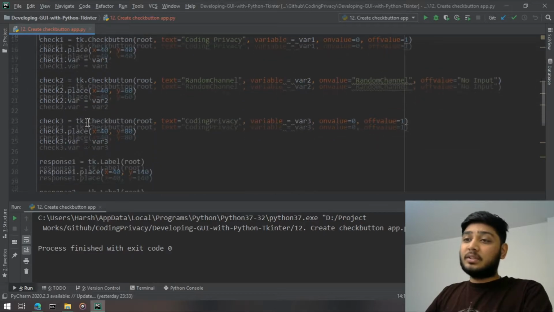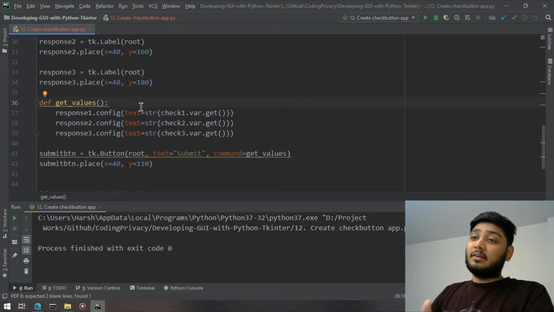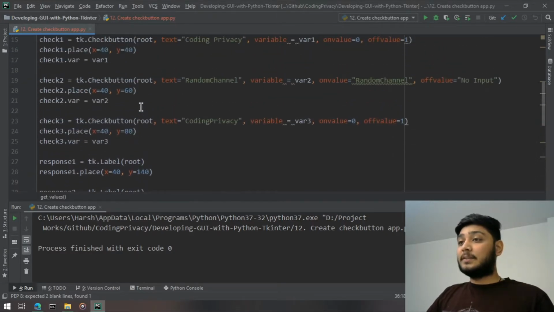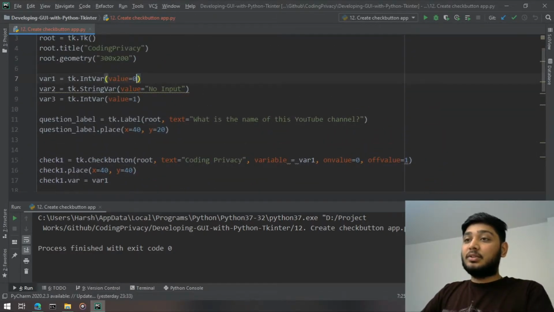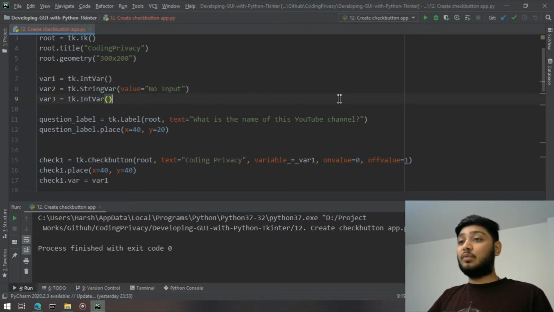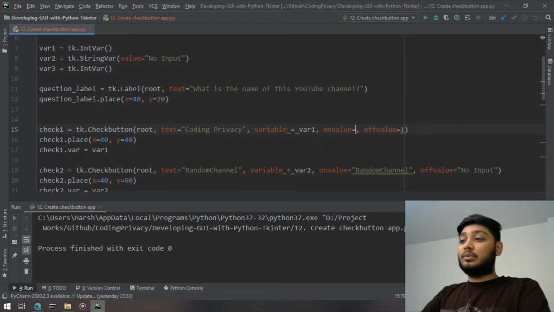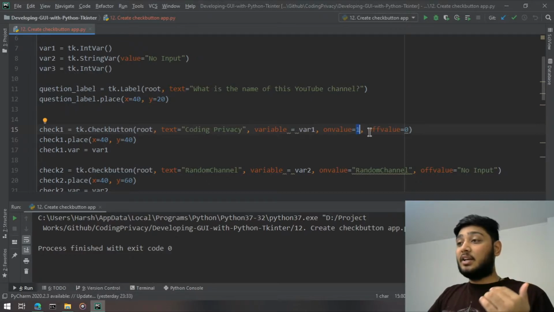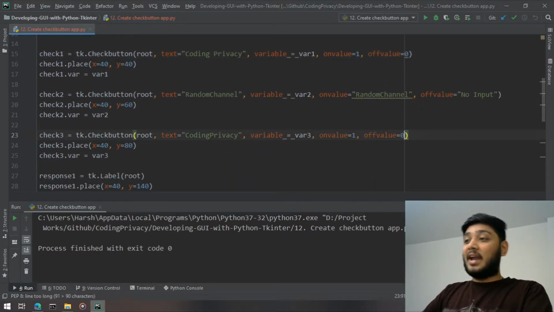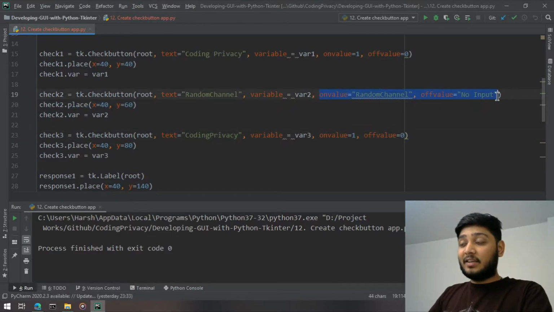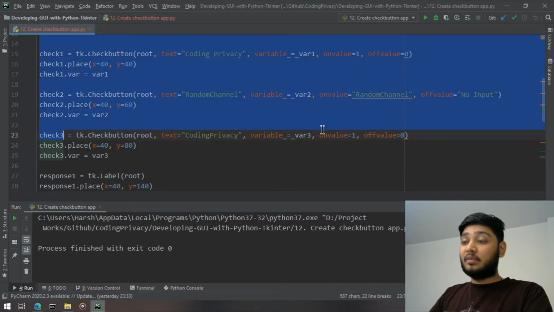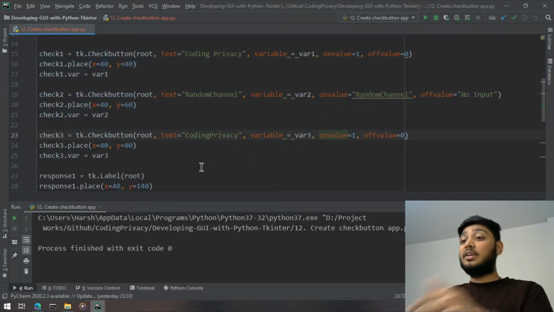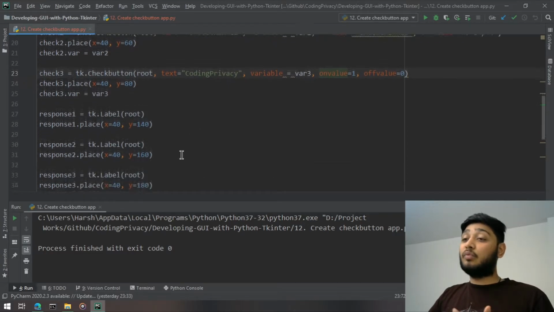Now, as we discussed, we are going to say if the answer is correct or not. First thing first, we are going to change these things back to their default values, because we tweaked it a little bit, right? We created the opposite of it. Now if I click on the check button, it should be 1, and if I deselect it, it should be 0, right? We'll keep these string variables the same, so the first one is an integer variable and the third one is a string variable, just so that I can show you how to work around that as well.